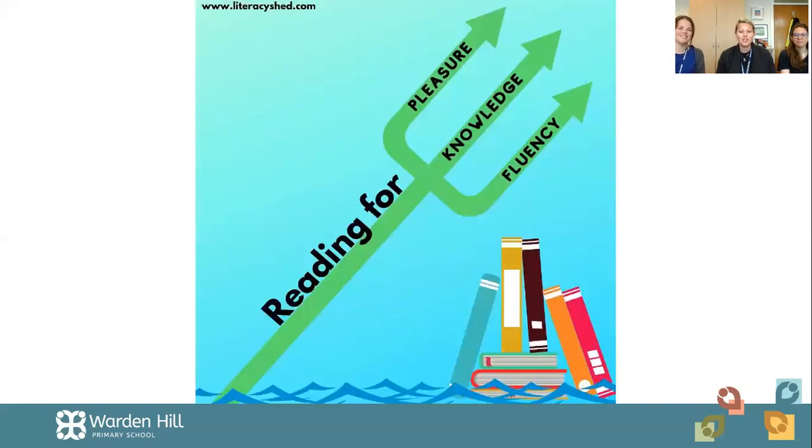Firstly, sharing this picture is just so that everybody understands that reading is everything. It's not just about reading the words. The children are building up their phonic knowledge, then their sight word knowledge, to be able to read fluently. It's then reading for comprehension, so that they are gaining knowledge from what they're reading. And actually that's the really exciting bit, that they are learning about what they're reading about, as well as reading for pleasure. So it's, if you like, a reading trident,